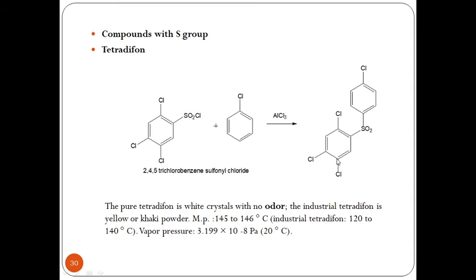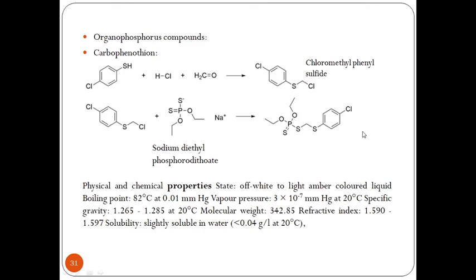In the spectroscopic data, we can see that for the mass spectroscopy, there is a presence of Cl over here, and hence everything will be observed in the ratio of 3:1. I will be observing 1, 2, 3, 4, 5, 6 protons in an aromatic region between 6 to 7. And in the IR system also, we can observe in the fingerprint region these Cl systems, and benzene would be appearing in the presence of C double bond C in the range of 2800. So this is how we can finalize the tetradifon on the spectroscopic data.